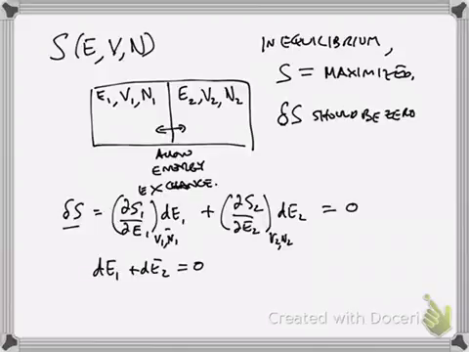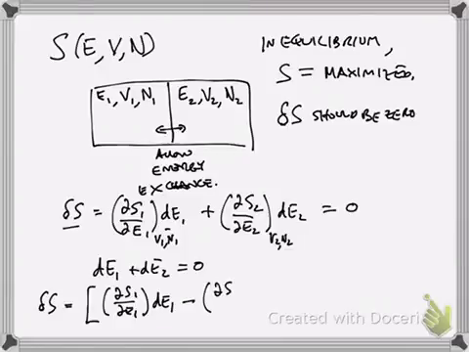So if we substitute that in, I can rewrite this and say delta S is actually going to be partial S1, partial E1, dE1, minus partial S2, partial E2, dE1, right? Because dE2 is minus dE1 here. So if that's true, and this whole thing has to equal 0, and dE1 is arbitrary,